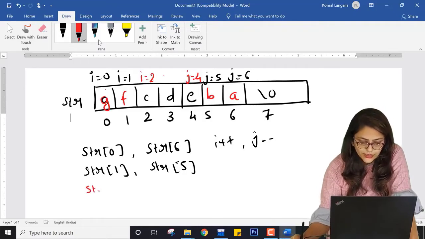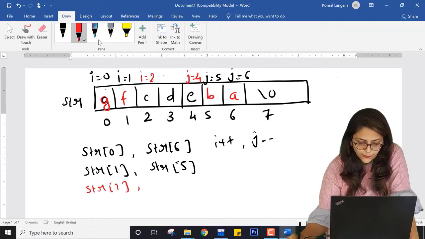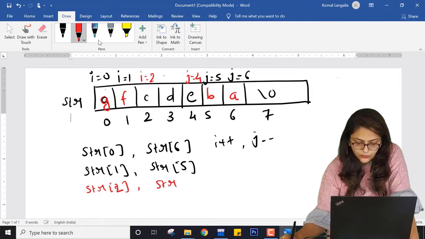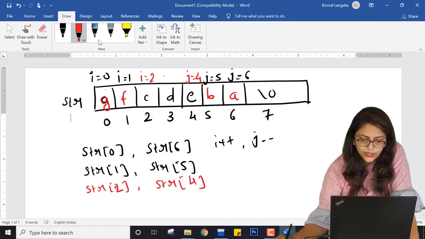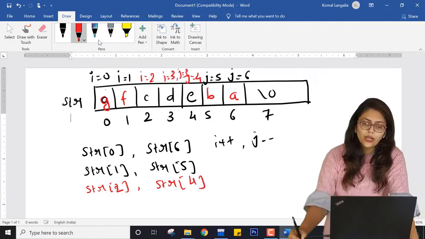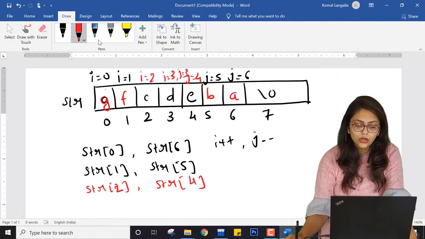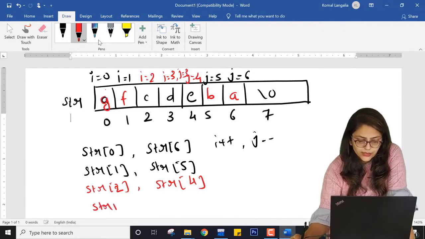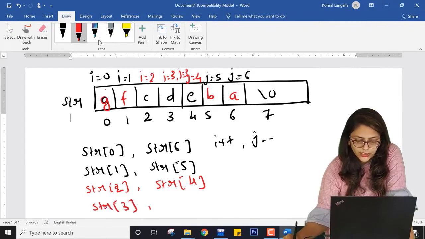Now I will swap str of 2 and str of 4. Now here I will be 3 and J will be 3. So you can either copy this or not. You can write it this way, str of 3 and str of 3.